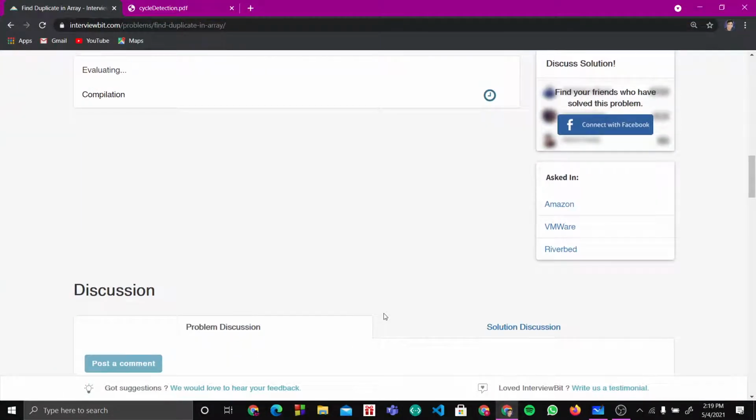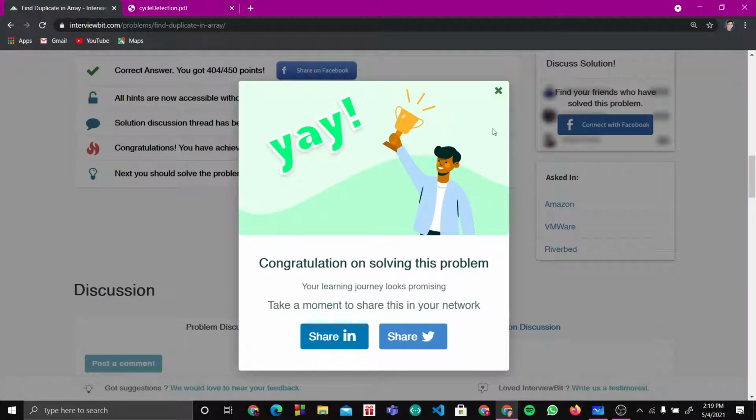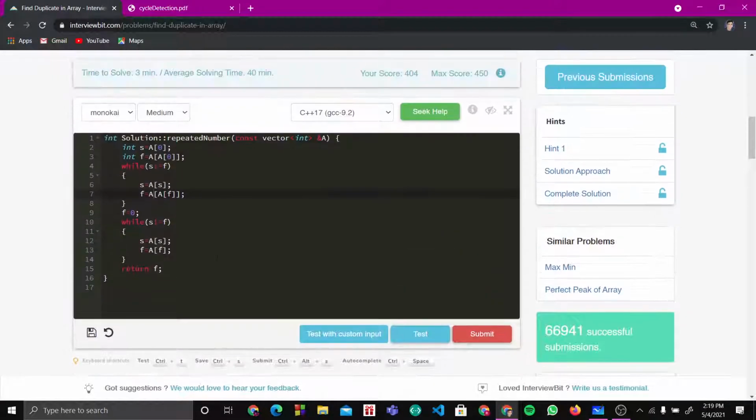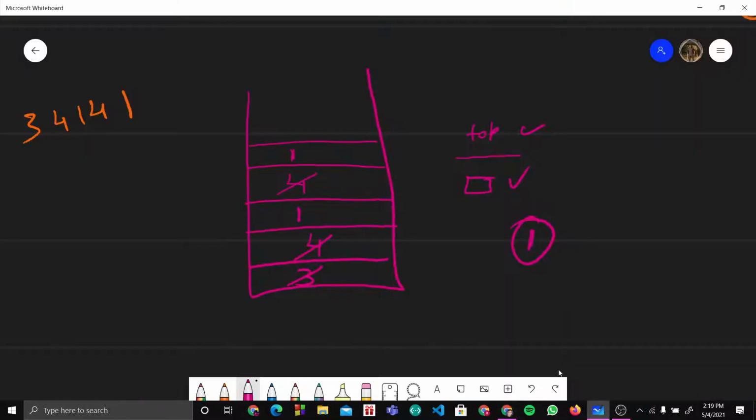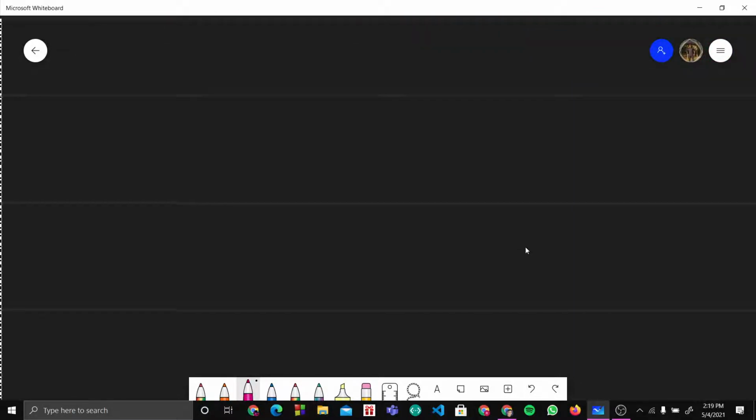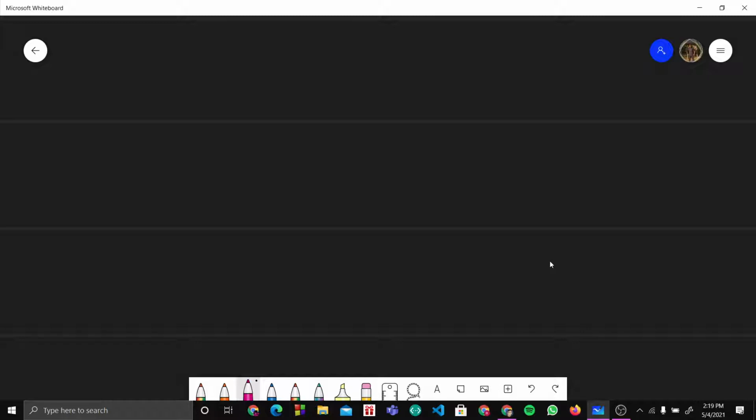Cool. So I know I have explained all these different kinds of logics, so what we can do is I will just explain slow and fast pointer again. Okay, just give me a second.